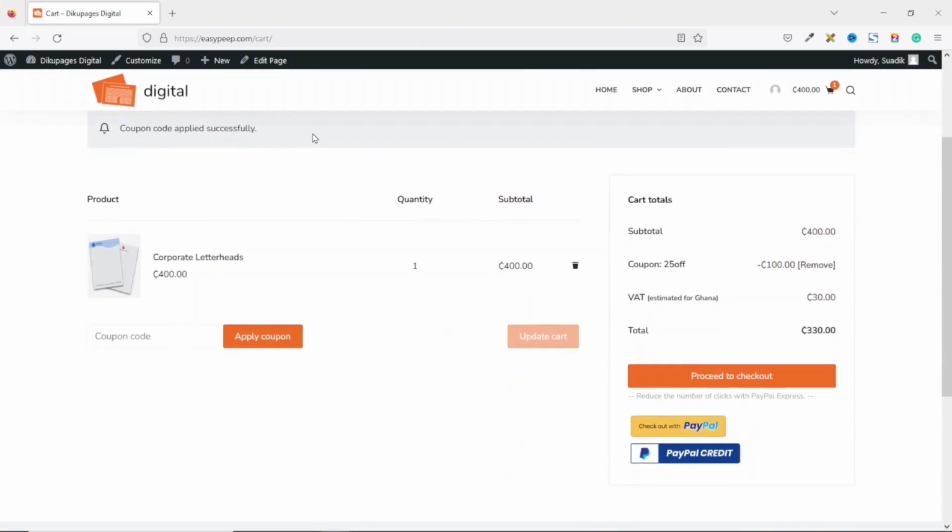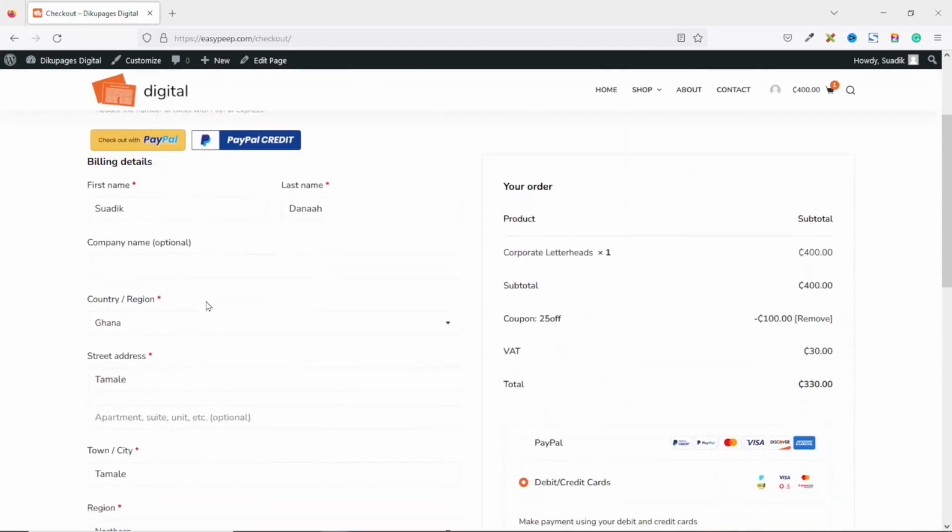Coupon code applied successfully. And right here, you see the subtotal, the coupon amount, which is 100 Ghana cedis, the VAT component, and the total amount I'll be paying as a customer. I'll be showing you how you can add tax component onto your online store. So now if I click on Proceed to Checkout, in here I go ahead and fill in my details as